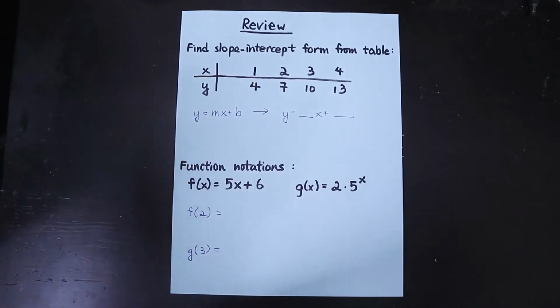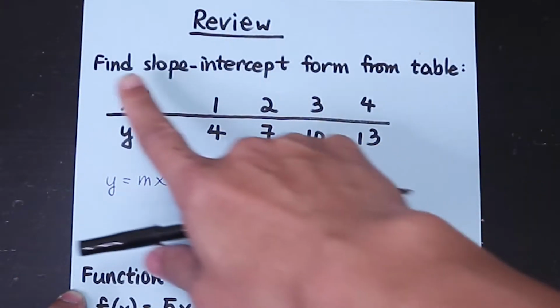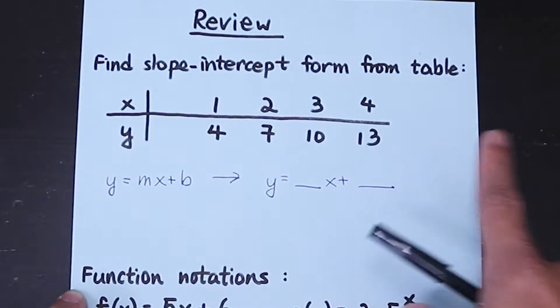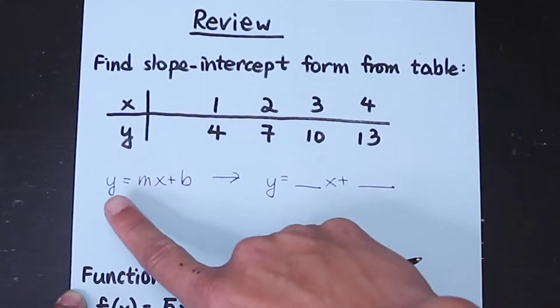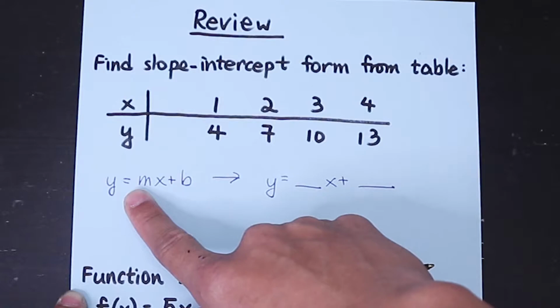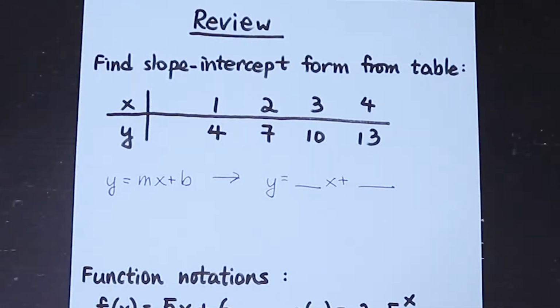you're given an input. So in this review section, the first part is we're given a table and your job is to find the equation of this table in the slope-intercept form. Let's remind ourselves what is slope-intercept form. In slope-intercept form, the equation is y equals mx plus b, where m is your slope and b is your y-intercept. To do that, let's find out the slope by finding the patterns within the